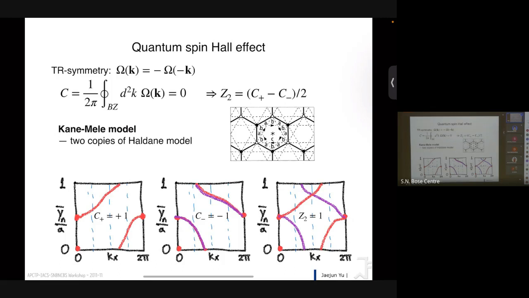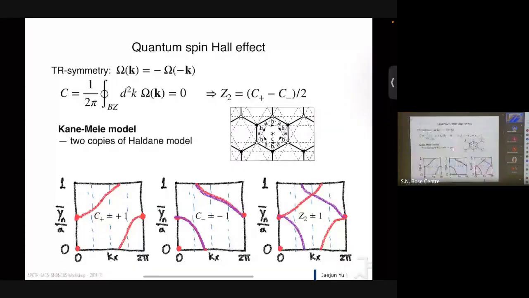Then you have a non-trivial Chern number, so we don't count any time reversal symmetry whatsoever. But if you have a time reversal symmetry, then as I mentioned, we have spin-up electrons with Chern number 1. But the spin down, which is the time reversal partner of that, will reside in the same Hilbert space with Chern number -1. So if you add up the +1 and -1, then you end up